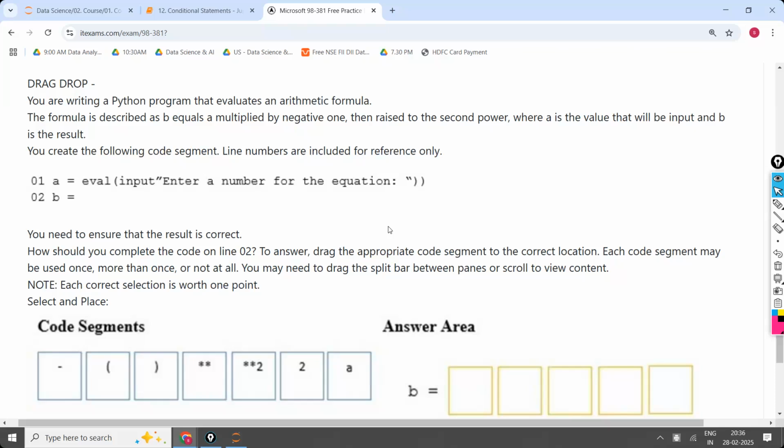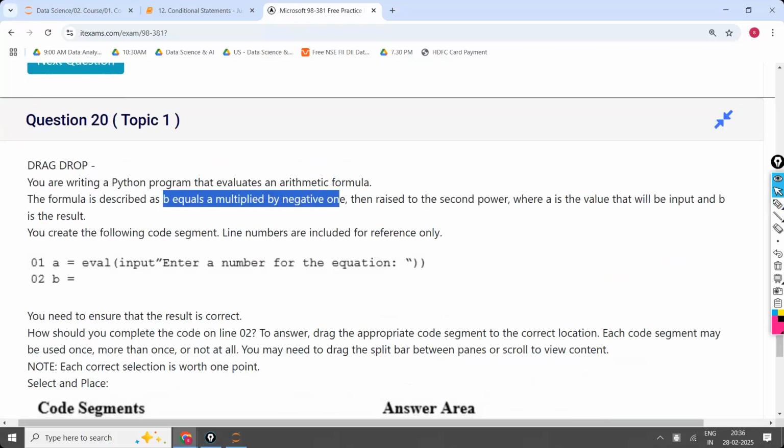What is the answer? So B equals multiplied by -1. B is already given, so you have to write only the right side part. That is nothing but minus A